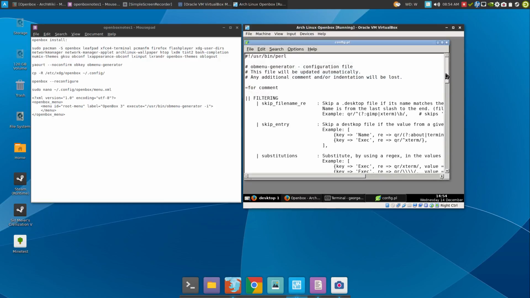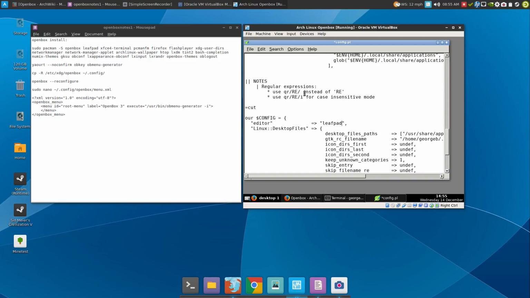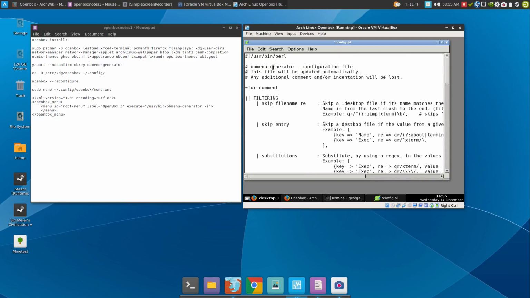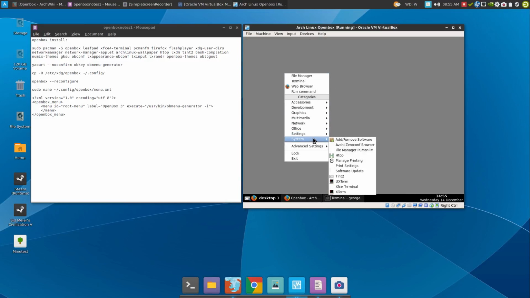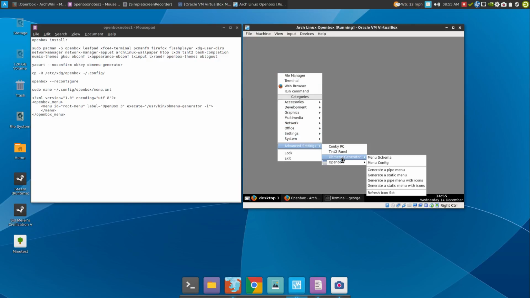And then here you could define things like for your terminal, anytime you want to use a terminal, we're going to use xfce4-terminal. And as the editor, I'm going to use LeafPad. There we go. So we could define those things. So if I right click here, OB reconfigure, you could OB generator, you could click on here and